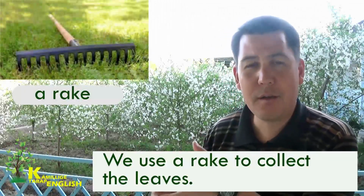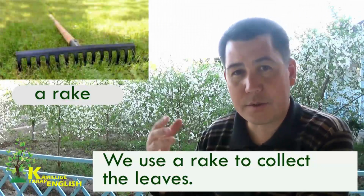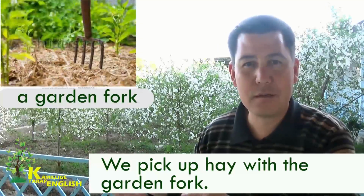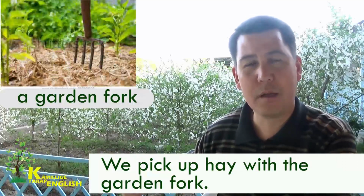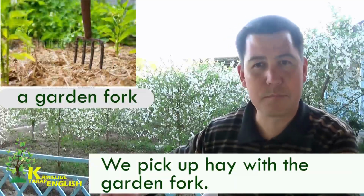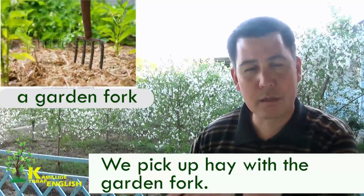Okay. Another tool that we use in the garden is a garden fork. Garden fork. Yeah? We sometimes pick up the grass or hay with the garden fork. We pick up, or we collect